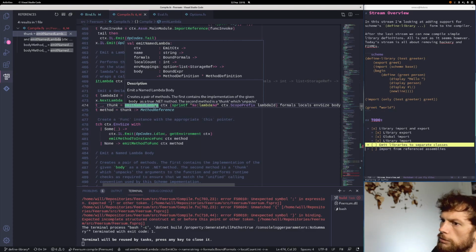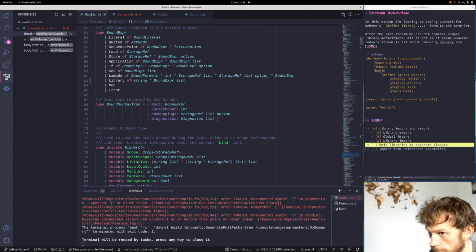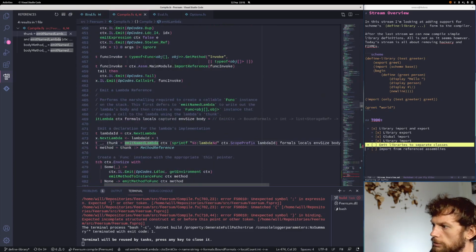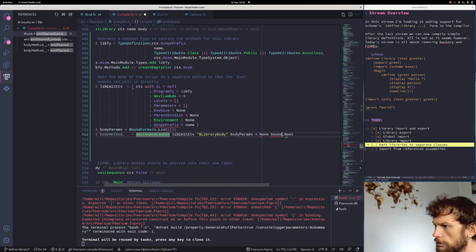So we could go with 0. Well, let's try it for the time being. Sounds like it might be a bit of a hack though. So locals count would be 0. Env mappings would be none. And root would be